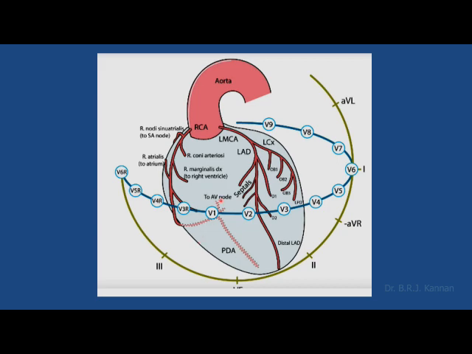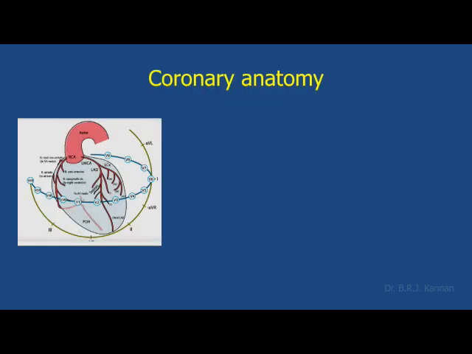Same thing represented here, but here we have the coronary anatomy. From V1 to V4 we have the anterior surface of the heart, V5, V6 lateral surface, V7, V8 and V9 posterior surface, and 2, 3, AVF inferior surface. V3R or V4R are on the rightward aspect of the heart, basically to look at the right ventricle. Now look here, the left main coronary artery comes and divides into the left anterior descending artery and left circumflex artery. Here comes the right coronary artery. Okay. Now let us go into the anatomy further.